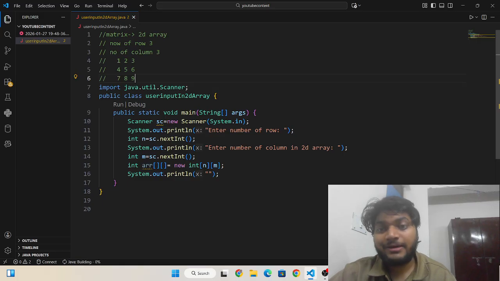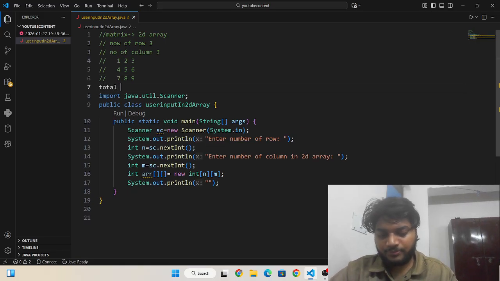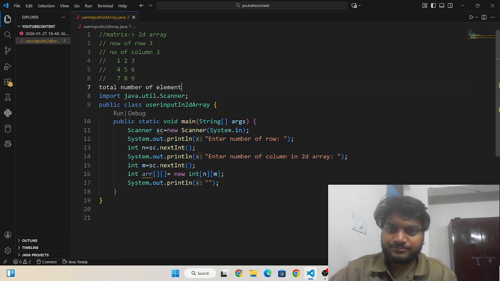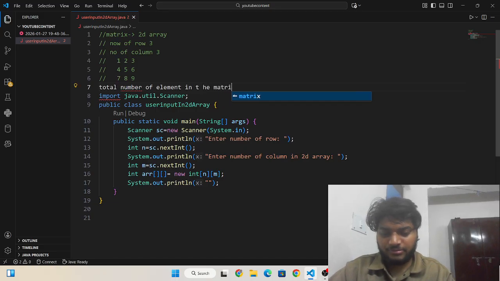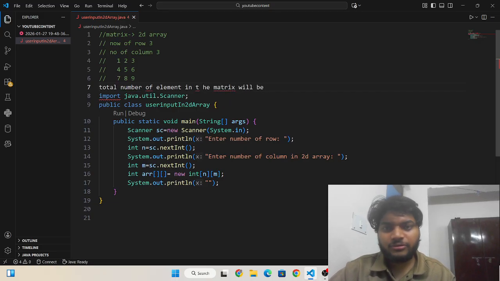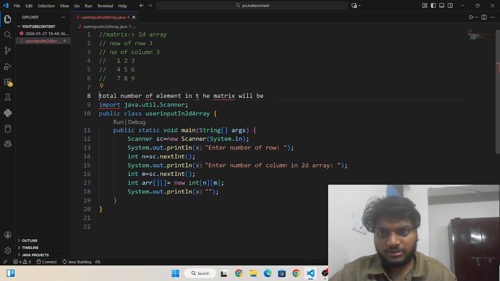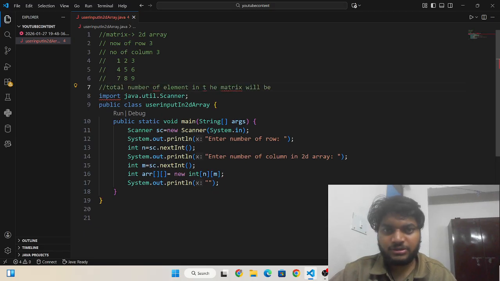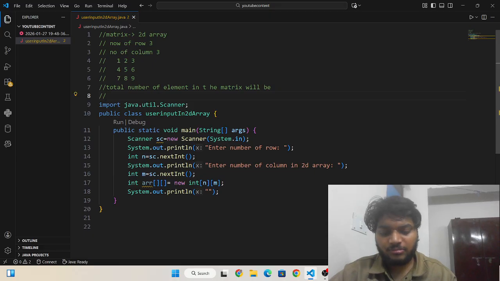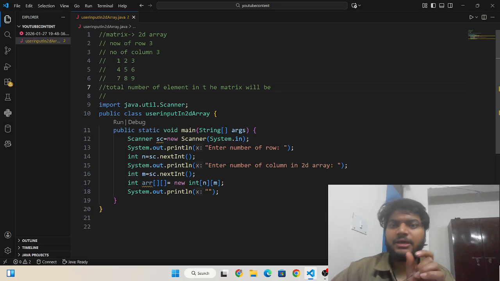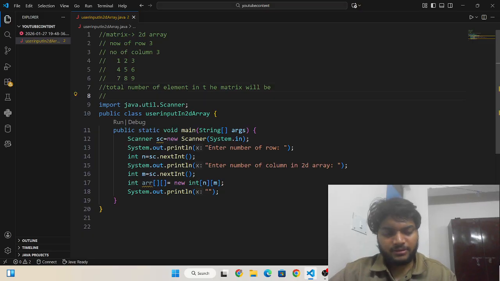The total number of elements in the matrix is calculated using m cross n, where m is the number of rows and n is the number of columns. You multiply rows with columns. So 3 cross 3 is going to be 9, and this is your answer.